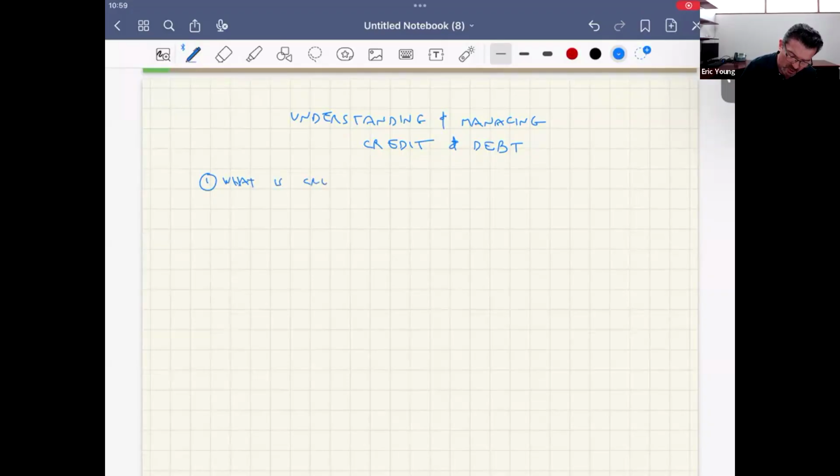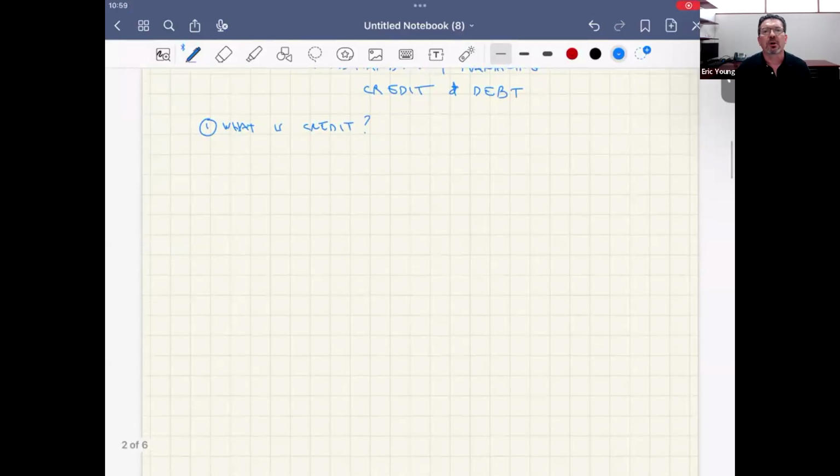So, what is credit? Why does it matter? When we talk about the term credit, it's a very general word, and it sort of has in personal finance two meanings. The first meaning is from the borrowing lens. So you can think of credit as